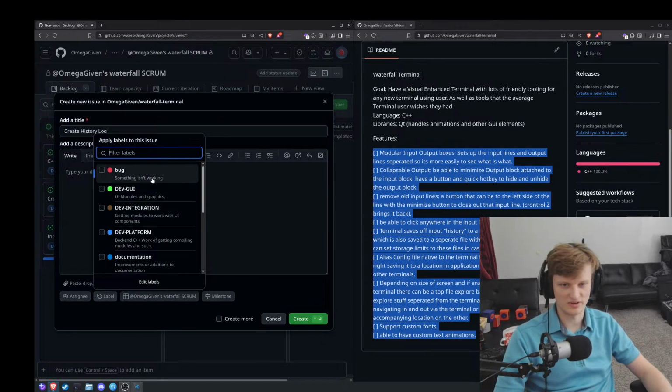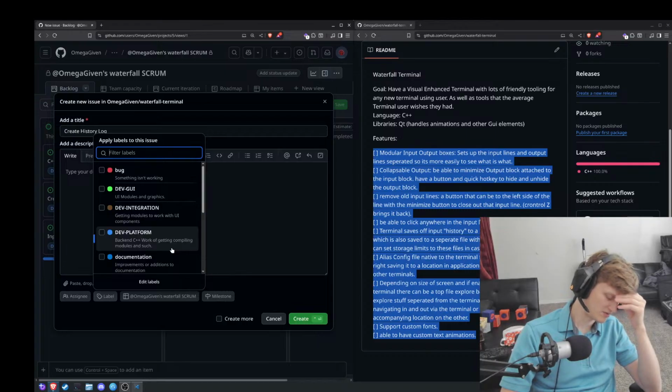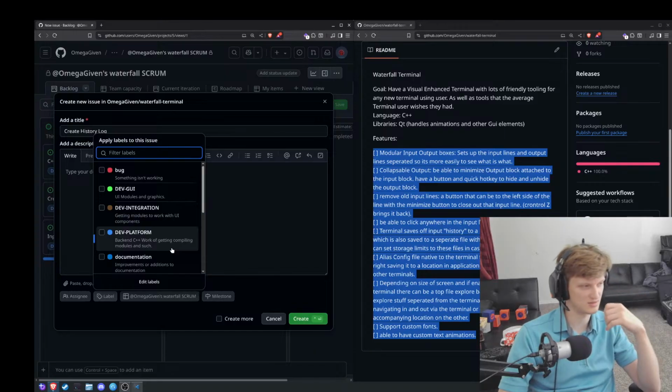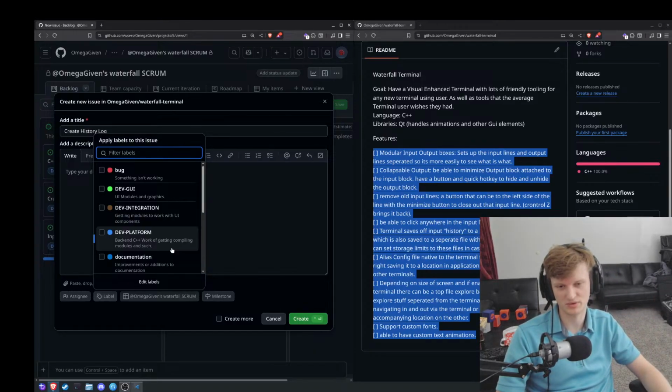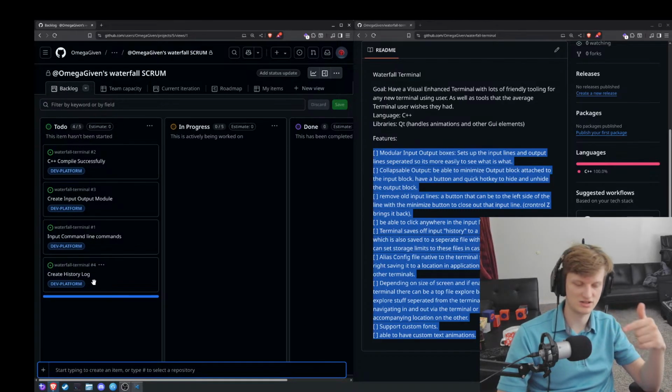this kind of seems more like a platform, because I don't know what do you call that? You got the things that build the platform, then you got the GUIs, but then you just have features. This is just a feature branch kind of thing. It's just a feature, not the core component. I guess it adds up to make the core component. So we'll still call it the dev platform thing though. All right, so then we have the create history log. That's something I can knock out super easy.